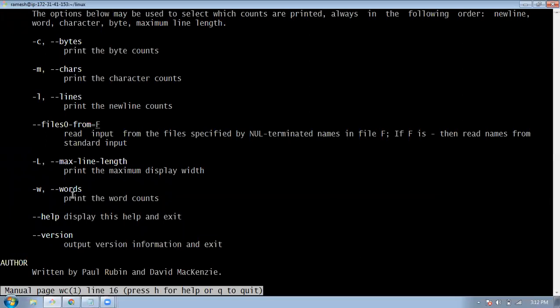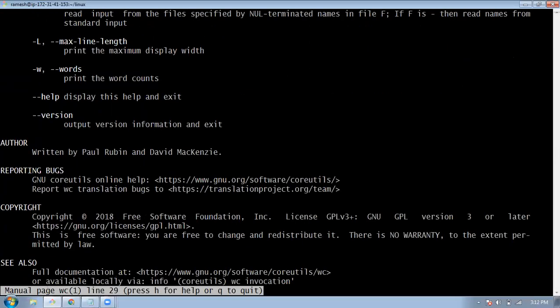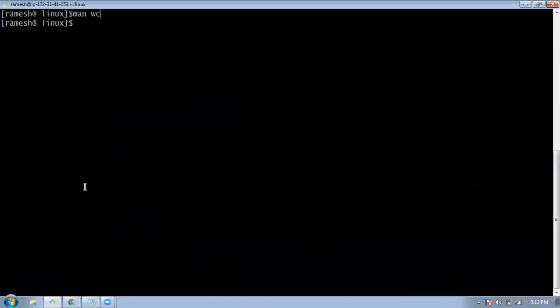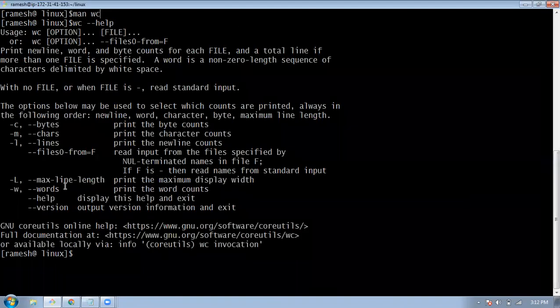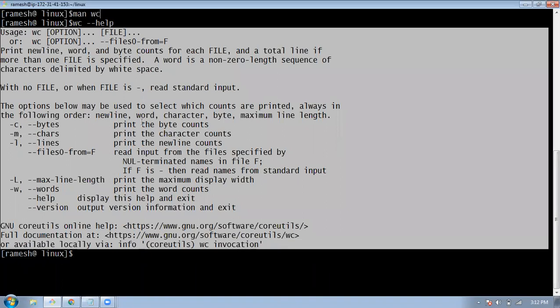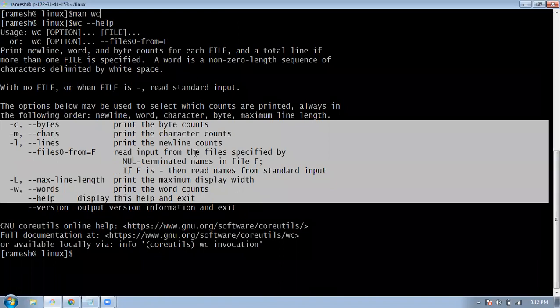You can see the document here. You can read it. Or otherwise you can use another way, wc --help. This will give a brief description with all the options.